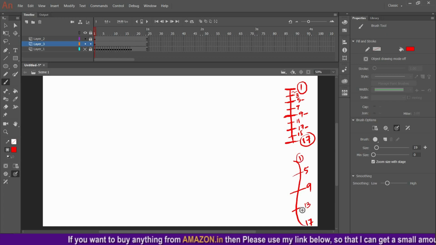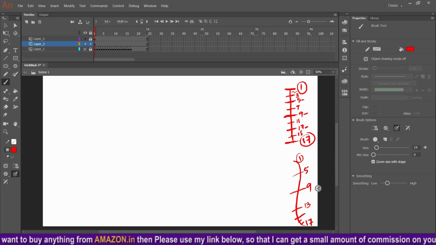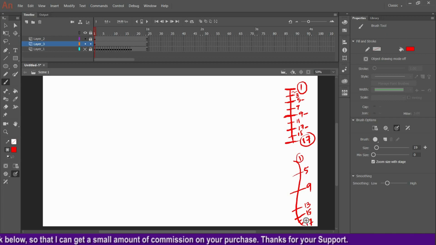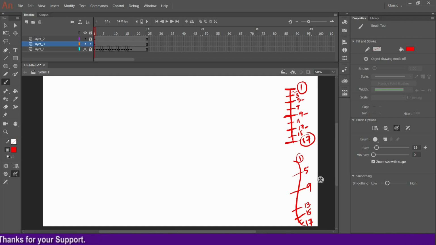So what I'll do, I'll draw more drawings in between the last frames, because the more drawings you add, the smoother and slower it will be. Okay, so let me see, if 13 then 15 will be here, and more frames are there, but whether there will be place or not, we'll see that. And it is very important in Flash how to place the keys. If there is no place, how to manipulate the keys, that is more important here in Flash. Okay, so watch carefully how I'm doing that.